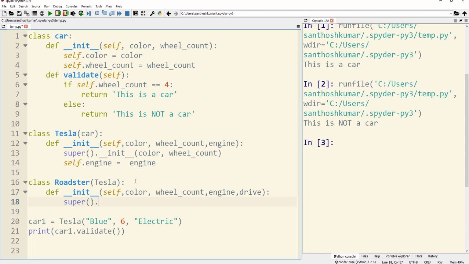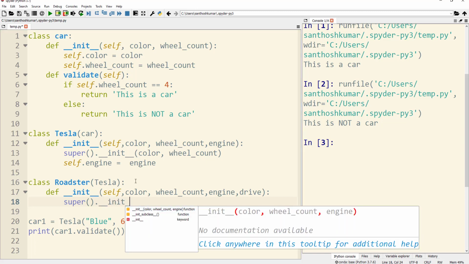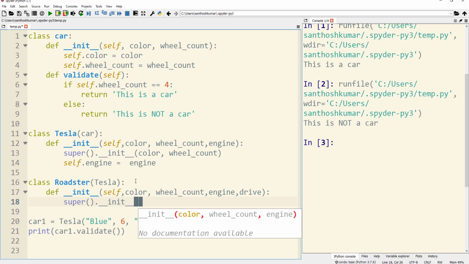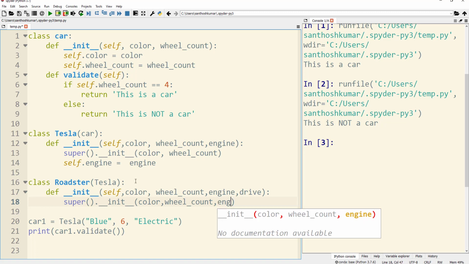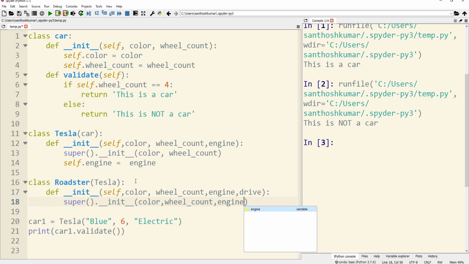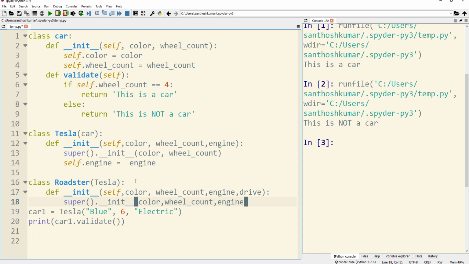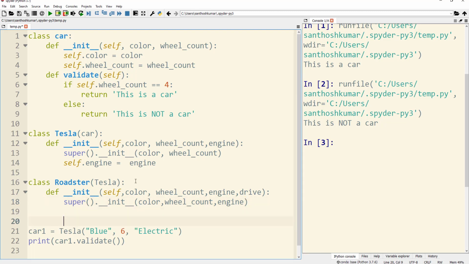In the same way, I am going to use super().__init__ with color, wheel count and engine, and then for the Roadster attribute drive, I am going to initialize it by coding self.drive equal to drive.